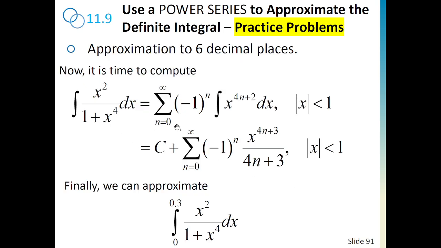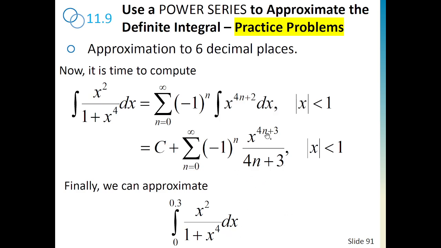Now we integrate this. How do we integrate? Term by term as usual, because this is a power series. So 4n plus 3 over 4n plus 3, plus the constant of integration. For this example we don't need to find it, because we will evaluate a definite integral, so the constant will be eliminated anyways. So now